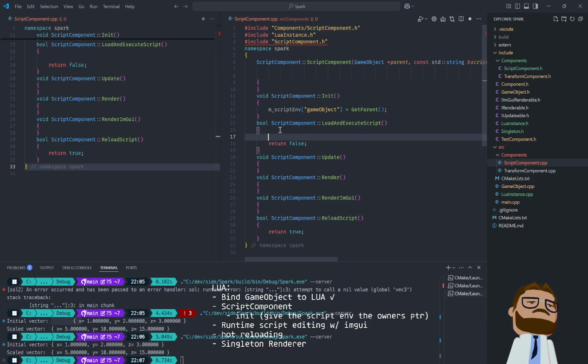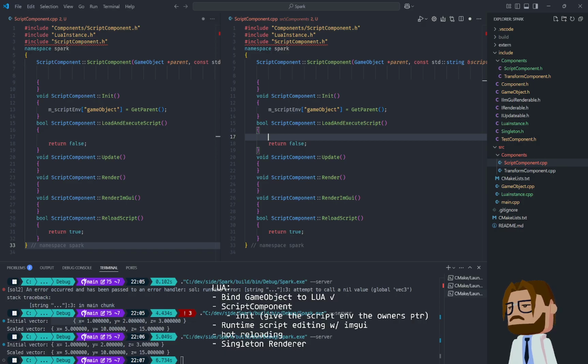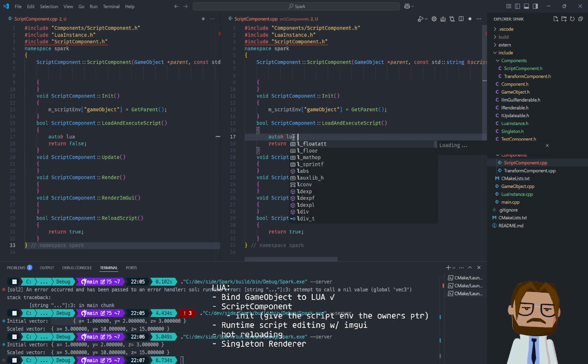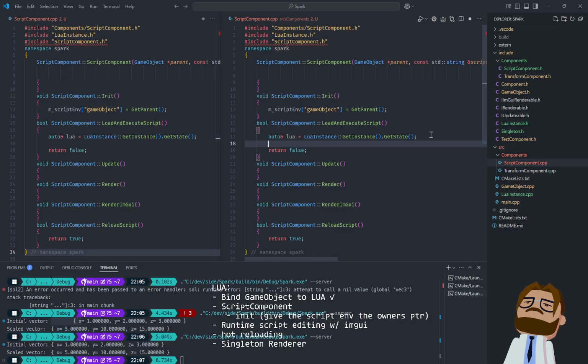So in here, what we do is, does this store the Lua state? Should it? Not really. Do this. Make it a bit easier on us. Lua equals instance get instance dot get state. Right. This is going to be a source state reference. And then we can do whatever we need with it, which is